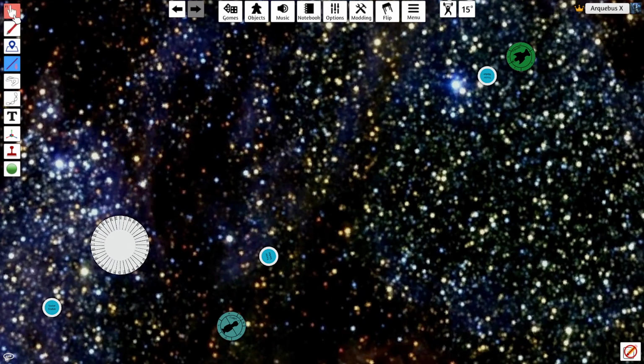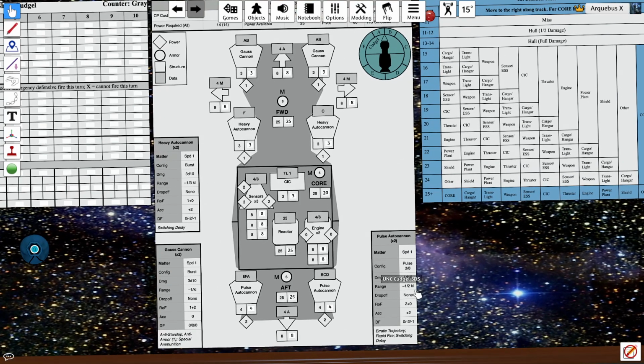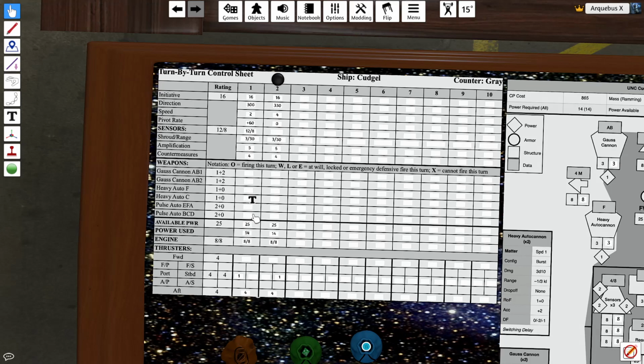So the Gauss weapon could fire, but it's not going to because it's got a bad range. Or the one that's EFA, which is the pulse autocannon, he's going to fire that. He's got a bad range. It's going to be -1 per 2 clicks, and we're going to pretend it's 20 inches instead of 21, which would have made it -11. Instead, it's going to be -10. So we're going to fire a pulse autocannon with this guy. And we're going to do EFA, and he's going to actually fire...